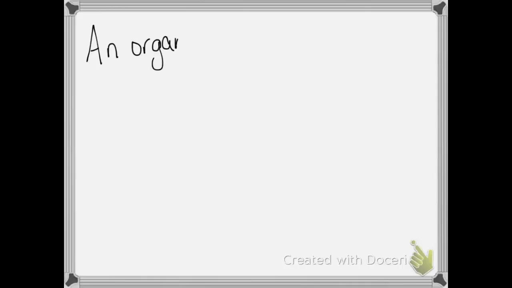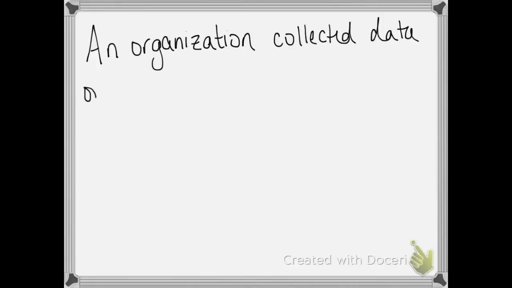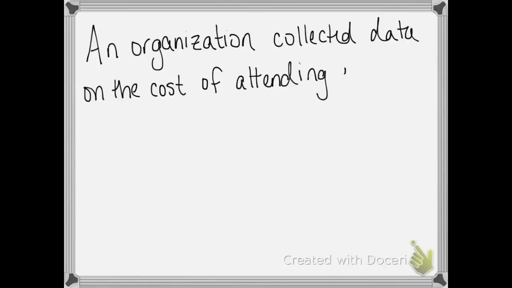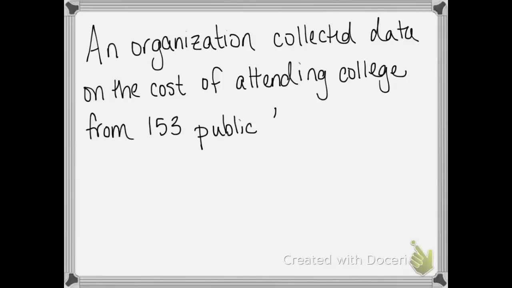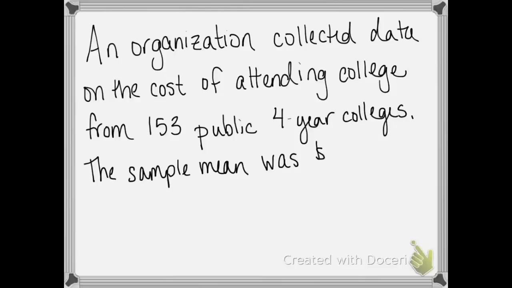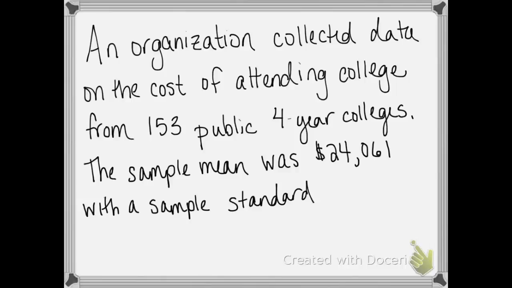Okay, we're going to do some work with confidence intervals and a mean. Basically, we're going to look at tuition costs. A lot of my students were concerned about social justice of people having access to college, and part of that is tuition costs. So an organization collected data on the cost of attending college from 153 public four-year colleges. The sample mean was